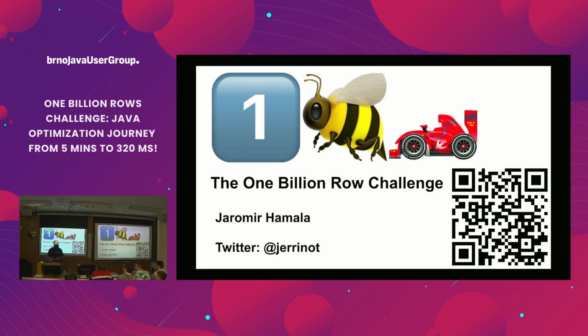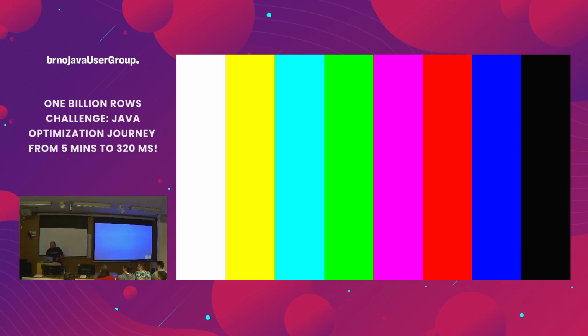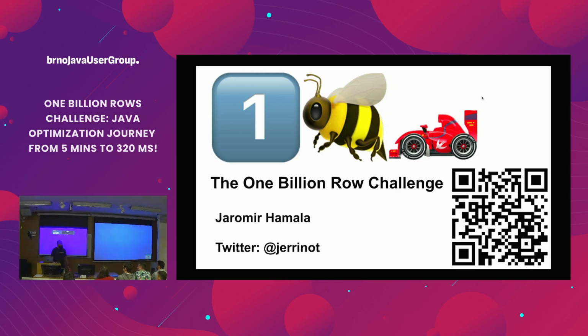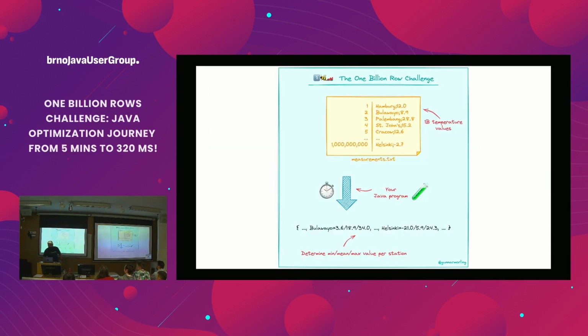So when Gunnar Morling, who knows Gunnar Morling? Okay, not too many. I thought that this was the popular venue for the Red Hat folks. Gunnar Morling is a former Red Hat developer, the founder of the Debezium project for change data capture. These days, he's with Decodable, working on Flink as a service effectively. And on the 1st of January, he announced this 1 billion row challenge, which sounded really simple.